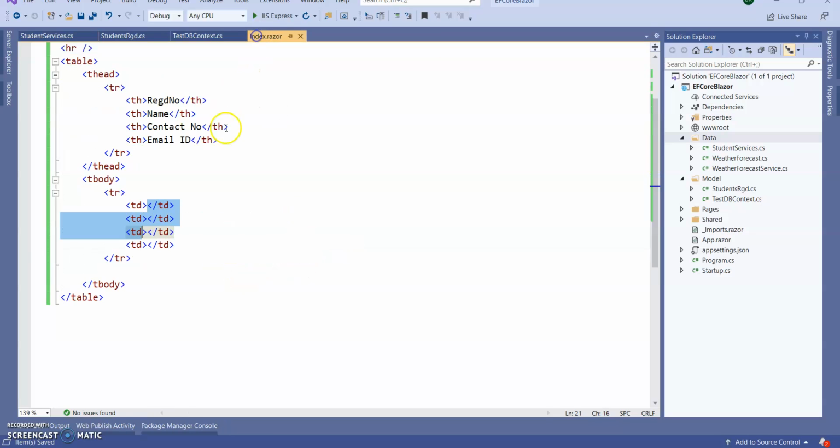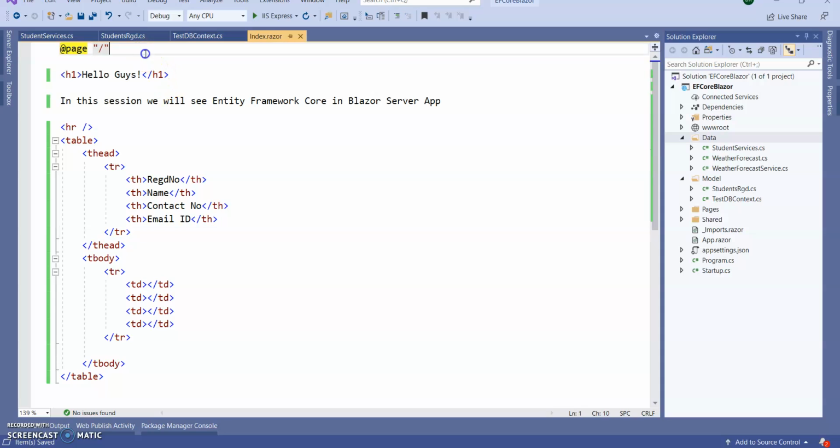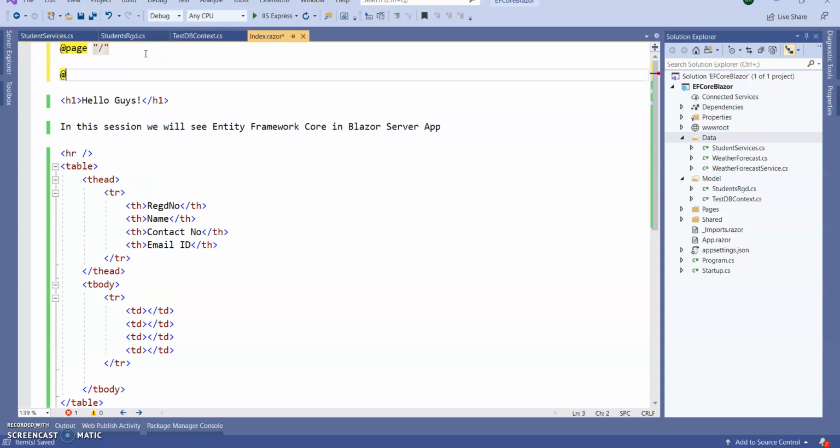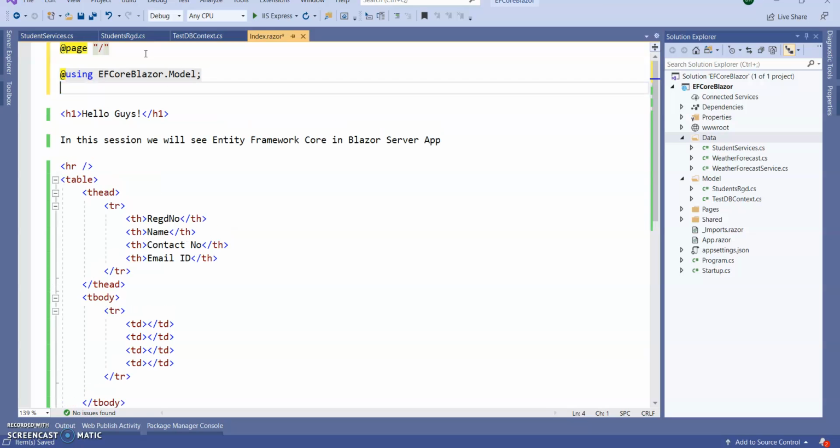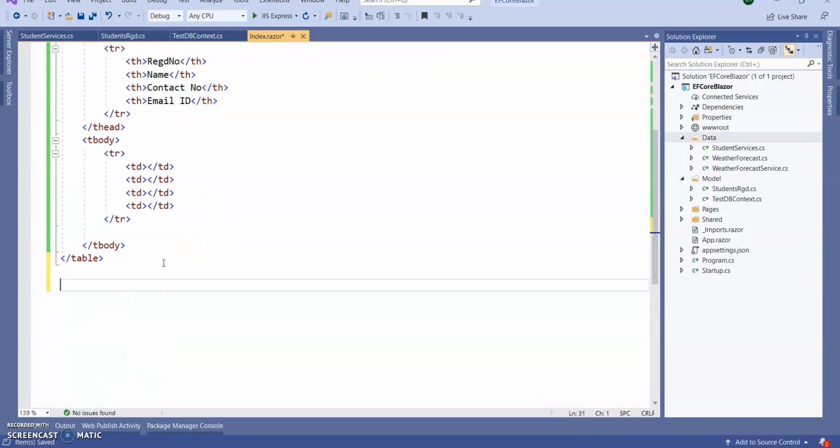So let's go to the index page. Here we need to add using application name dot Model folder, and using application name dot Data folder where my service is present. Next, add a code block.